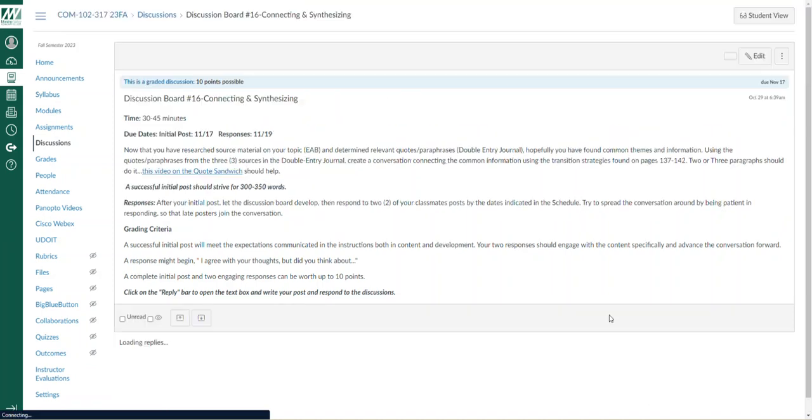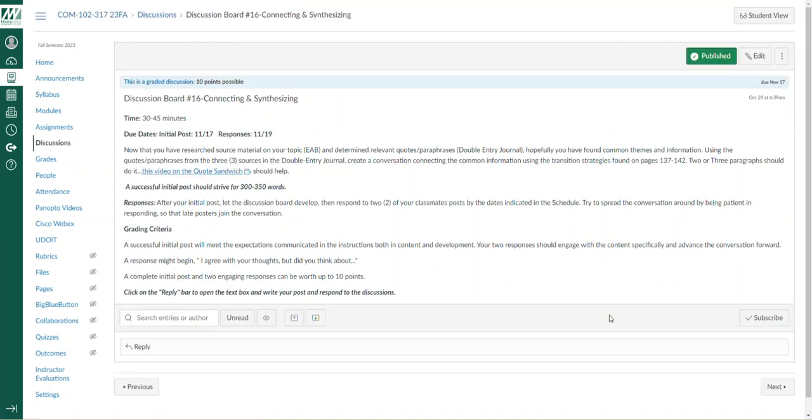The next activity, in discussion board 16, is connecting and synthesizing information. You all have some wonderful information that you have researched and reported on your research topics. Now it's how do you go about connecting all those source materials and putting them together into the academic conversations.